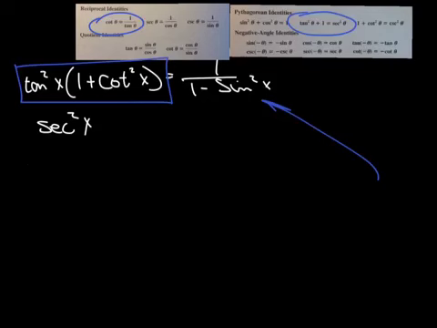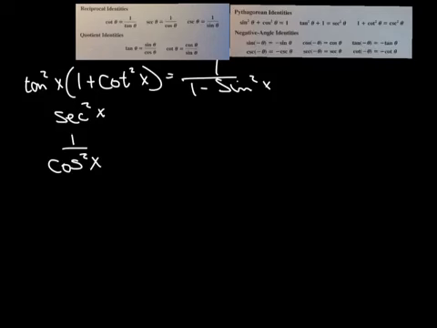So where I'm at now is I'm trying to get that secant to turn into a sine. So what do I know about secants and sines and cosines? I know that the secant is 1 over cosine, so it's going to be 1 over cosine squared of x. So let's stop for a minute and see what we've got. We've got a cosine squared of x and a 1 minus sine squared of x. If we take our Pythagorean theorem here,